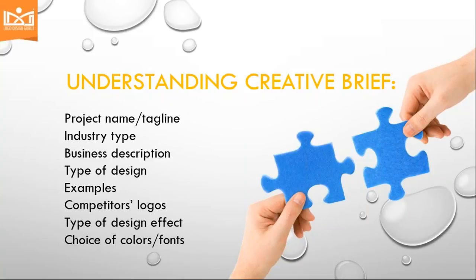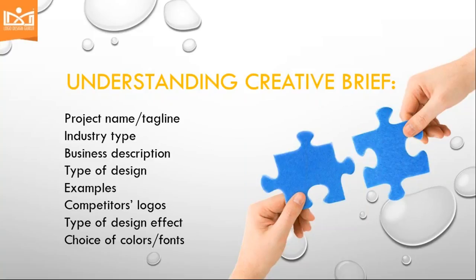Then the description of the business. This part is definitely very important as well, because it does set up certain criteria as to what exactly makes this person different from others. What exactly are the kind of services he offers? What is his working pattern? So a lot actually comes out from business description. Then the type of design. The customer wants to go with the logo type or symbolic logo, or some kind of mascots or anything different. So of course this is important to ask your client the type of design that they look forward to have,